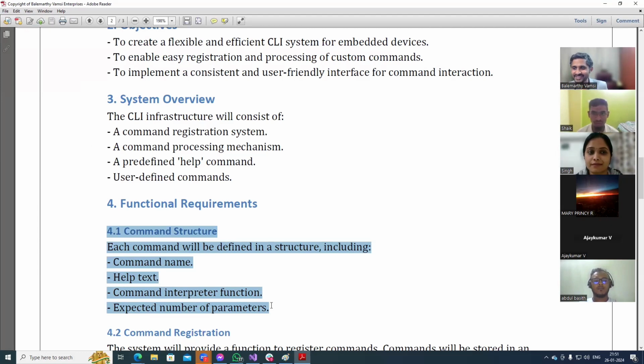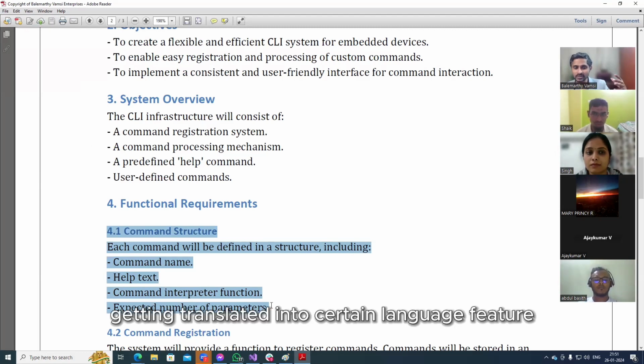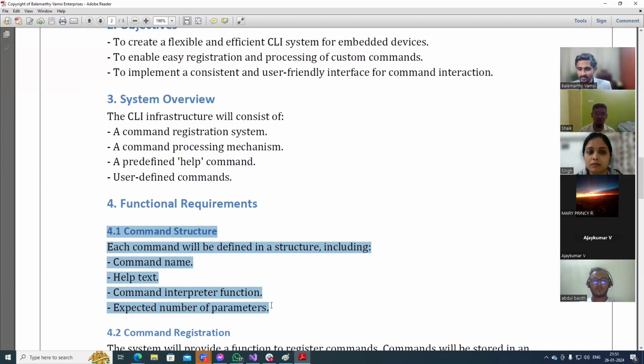Just one diagram bringing so many insights, and that getting translated into a certain language feature that the C language provides, called a structure. The other people are silent. Are you trying to absorb what has been given?